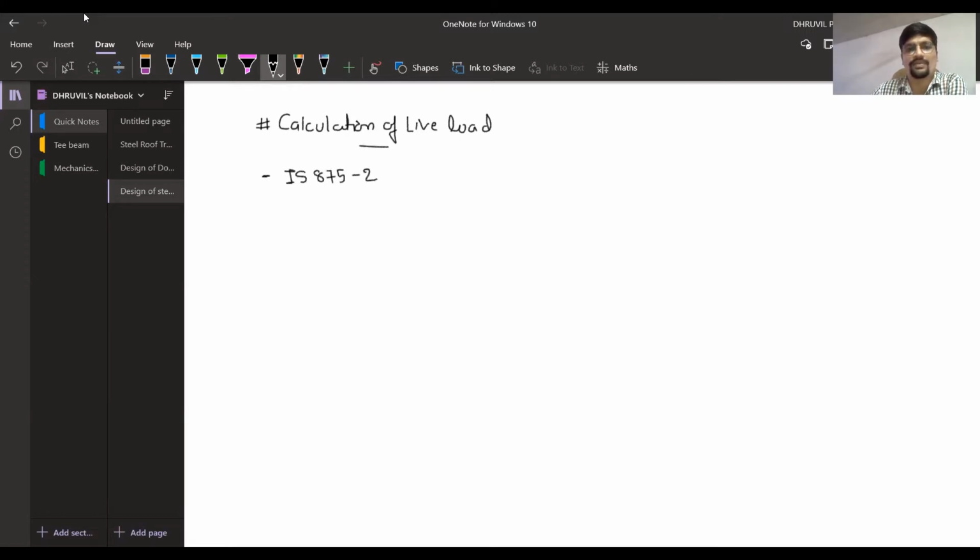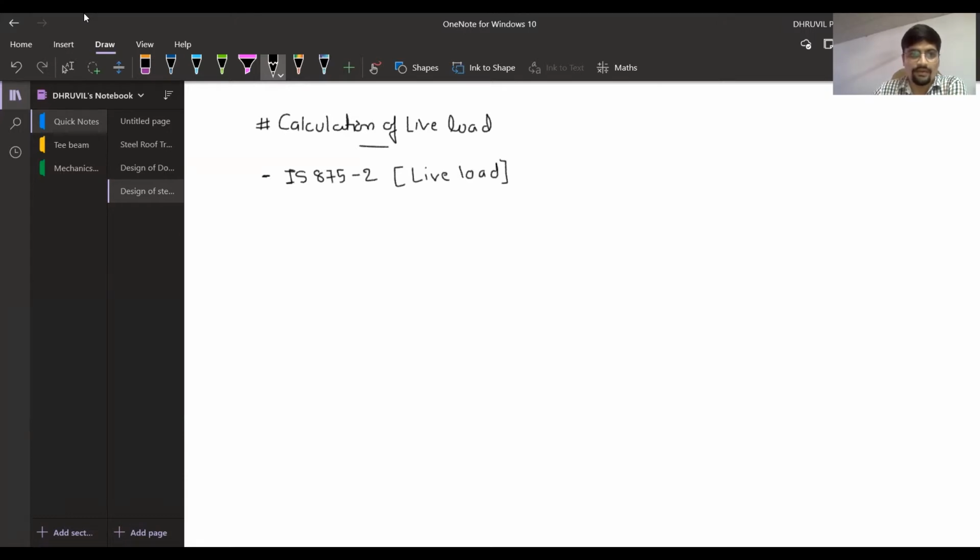Part 2 is only for the live load. Part 1 is for dead load, part 2 is for live load, and part 3 is for wind load. So as per IS 875 part 2, the equation for calculating the live load is